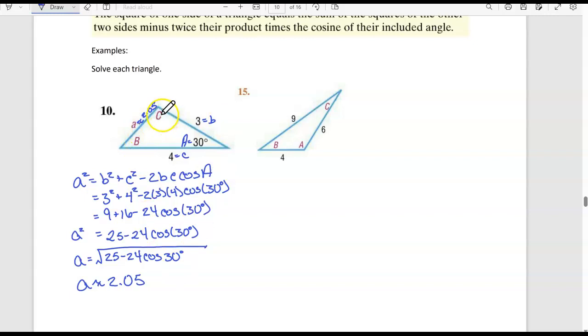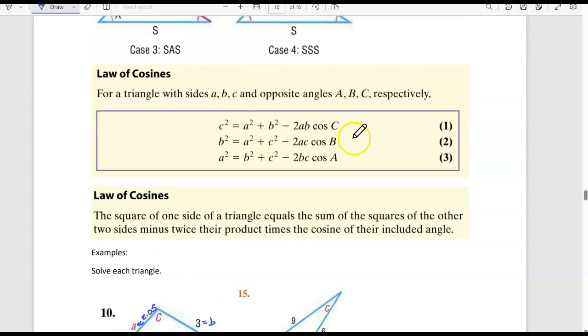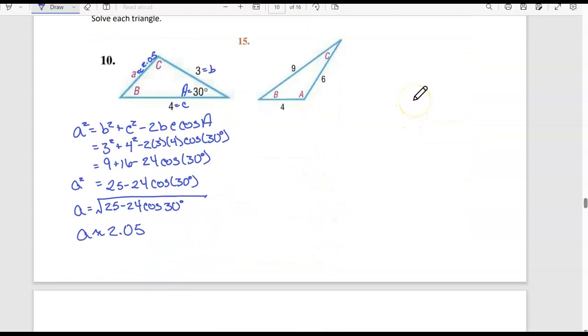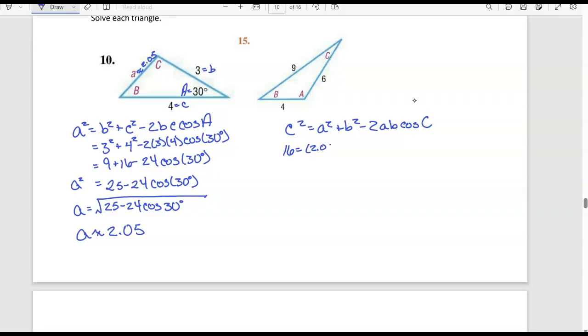Now we've got to figure out B and C. So let's figure out C. We could use the law of cosines for that too, and our goal would be to solve for C. So we've got C squared equals A squared plus B squared minus 2AB cosine of C. So I've got 16 equals 2.05 squared plus 3 squared, which is 9,